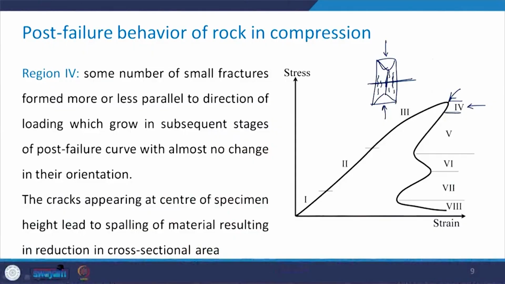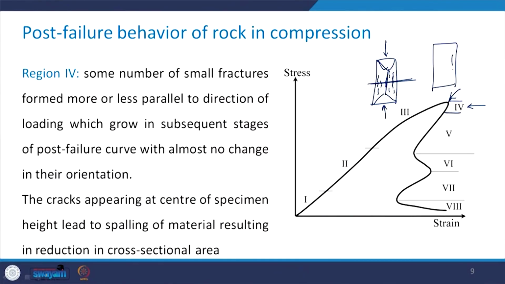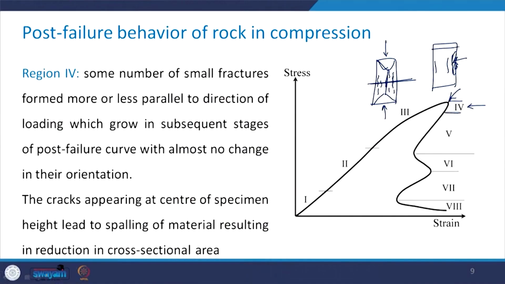So, the cracks appearing at the center of the specimen height, that is in this zone here, lead to spalling of the material. I have already explained to you what exactly this spalling of the material is. So, you see that it is there and the cracks are being formed, and what will happen is that this much portion may chip off from here. Okay. So, when the spalling takes place, the area which was originally this gets reduced to say maybe this. So, there is a reduction